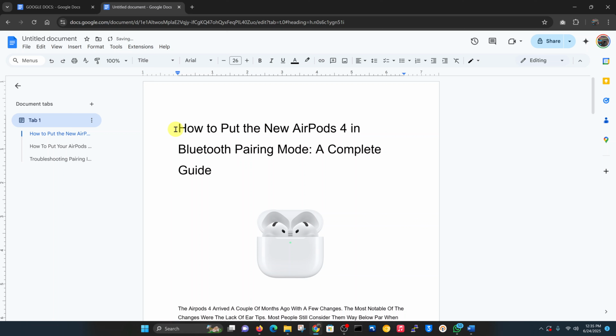So let me show you how to add a page border to your Google Docs document. Now this could be because you want to create a cover page for your document or for whatever other reason. Now, what you need to do is place your mouse cursor on that page, preferably at the beginning of the